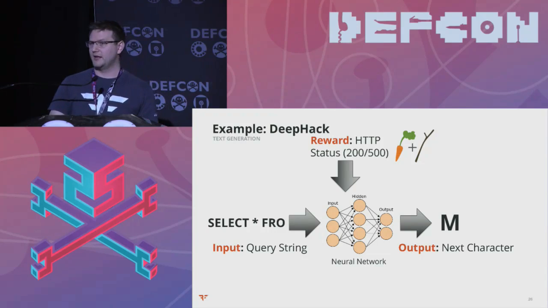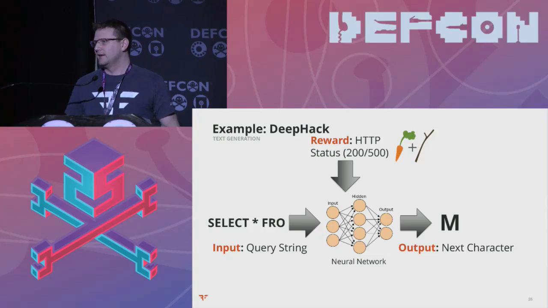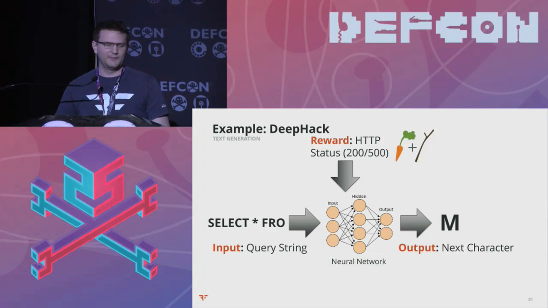And in terms of rewards, how does it know whether it did something right or whether it did something wrong? That is again based off of the output from the remote server. All we have information about are the Boolean based responses from the web server. So did this give us a 200 or did it give us a 500? Which is to say, is that data correct or is it incorrect? And so entirely from that basis, we can figure out whether the string is present in the database or not, or whether this is something that we want or whether it isn't.